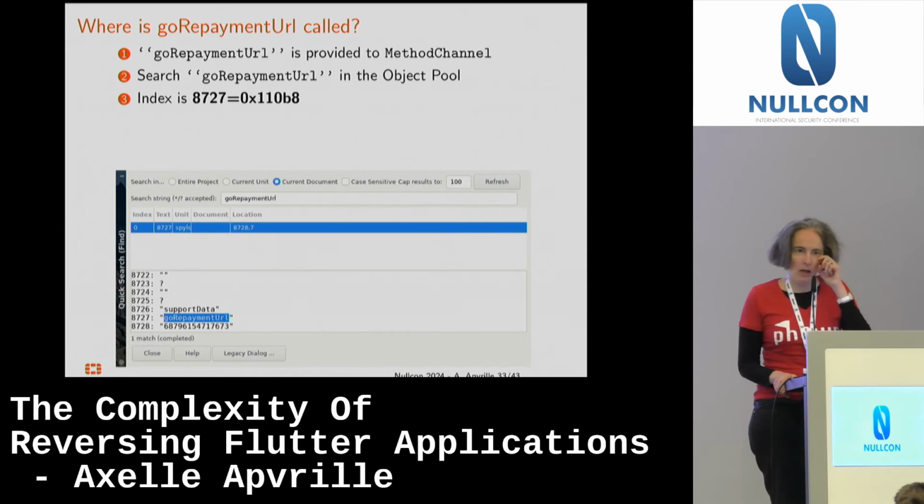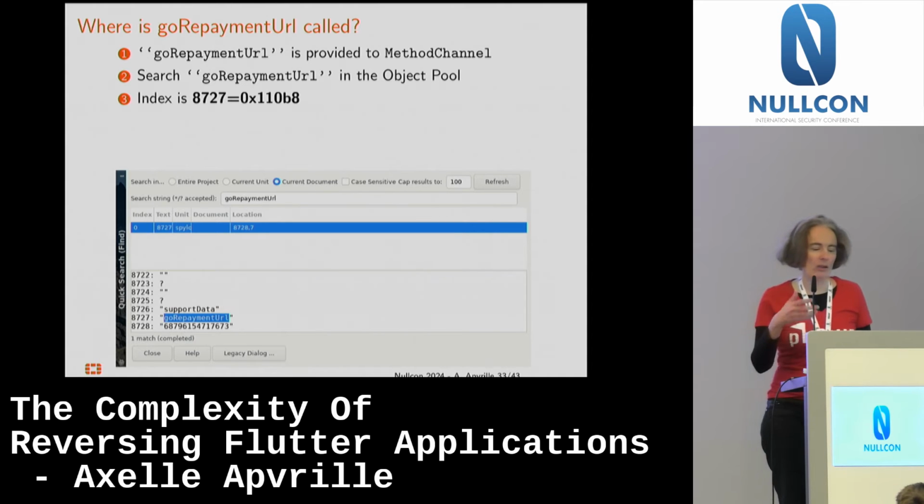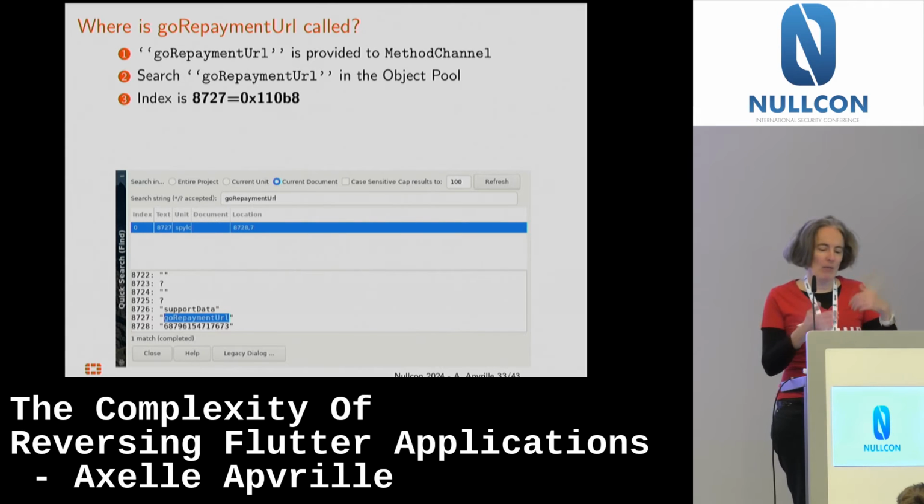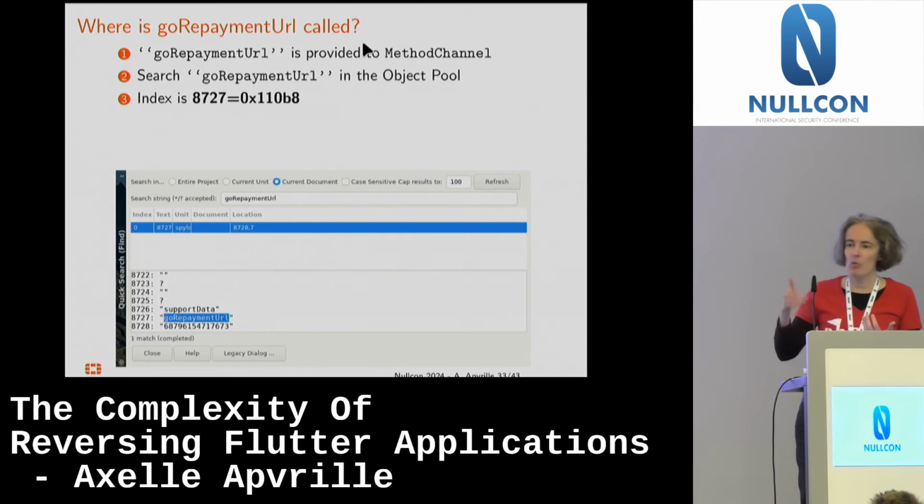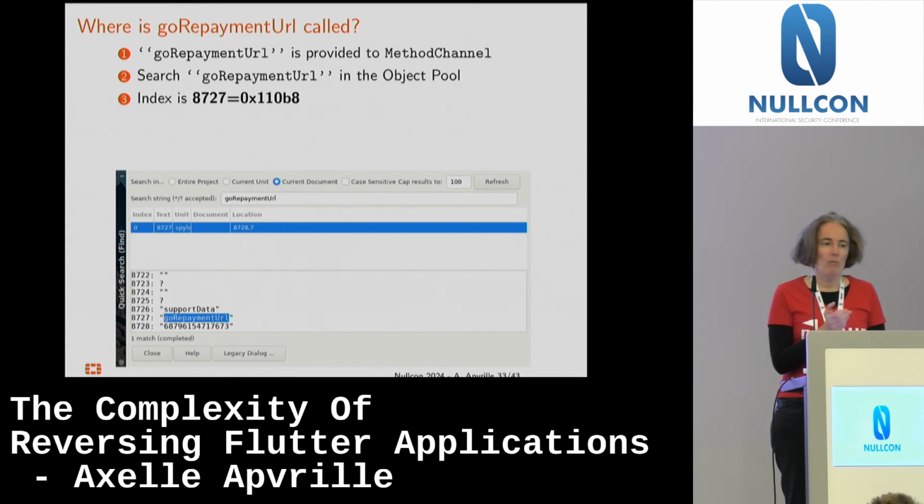So I thought, okay, who in Flutter is calling, for instance, Go repayment URL? I didn't have really any clue. I am using here a decompiler called JEB, which is pretty much specialized for Android, but not only. It is useful to me because it is able to read the object pool of Flutter applications. So I searched for Go repayment URL, and I see that I only find it once in the object pool. I don't find it in the assembly code, only in the object pool, and at index